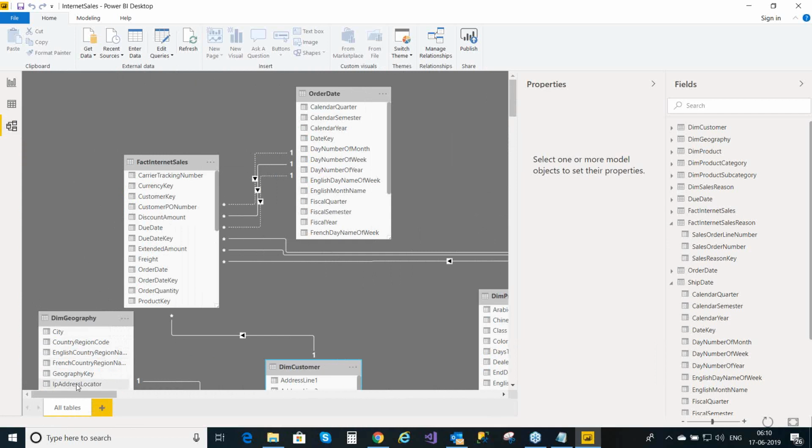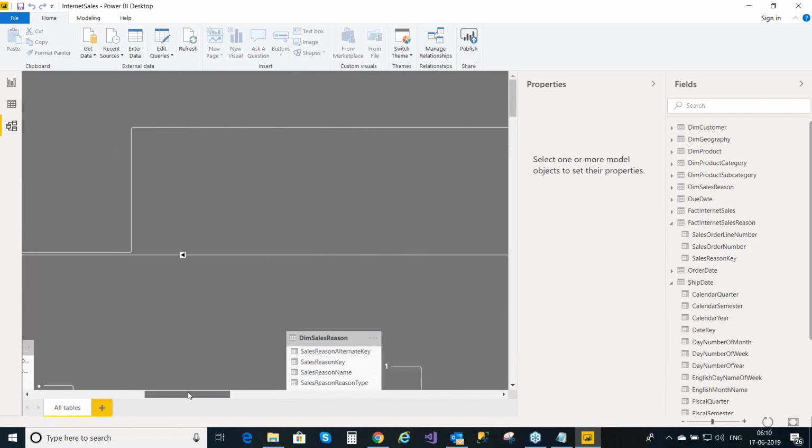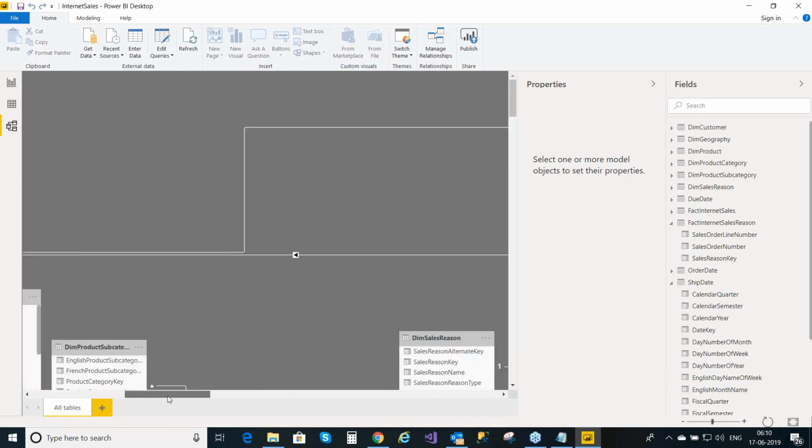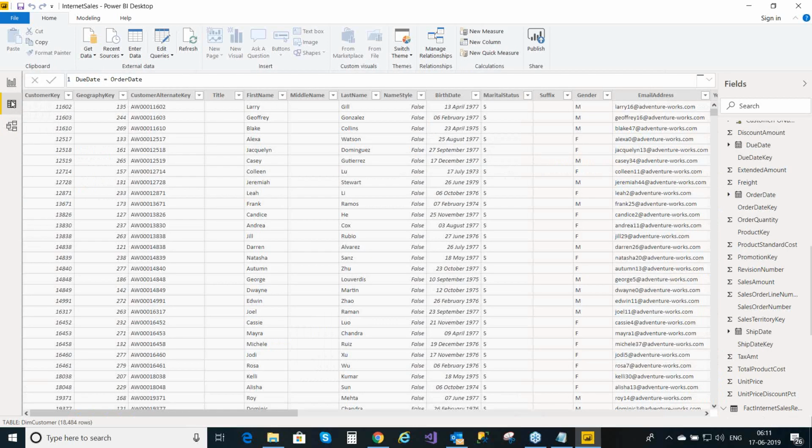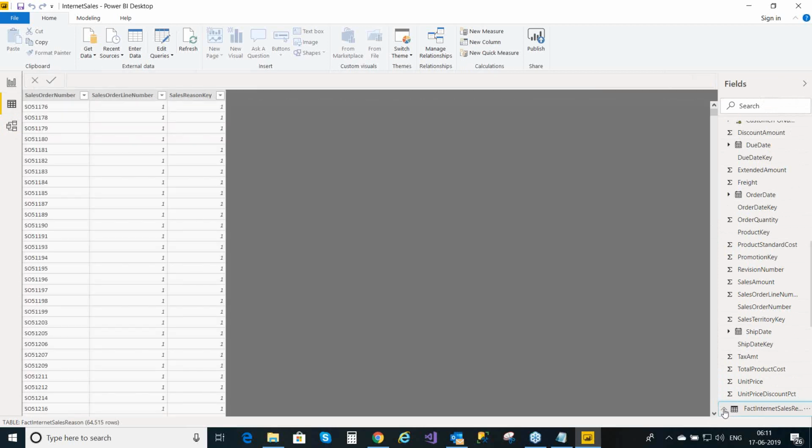So for that, I need to create a measure in my dim sales reason called sales reason count. Okay, so for that I will go create a calculated measure in my dim sales reason table. So if you go here,